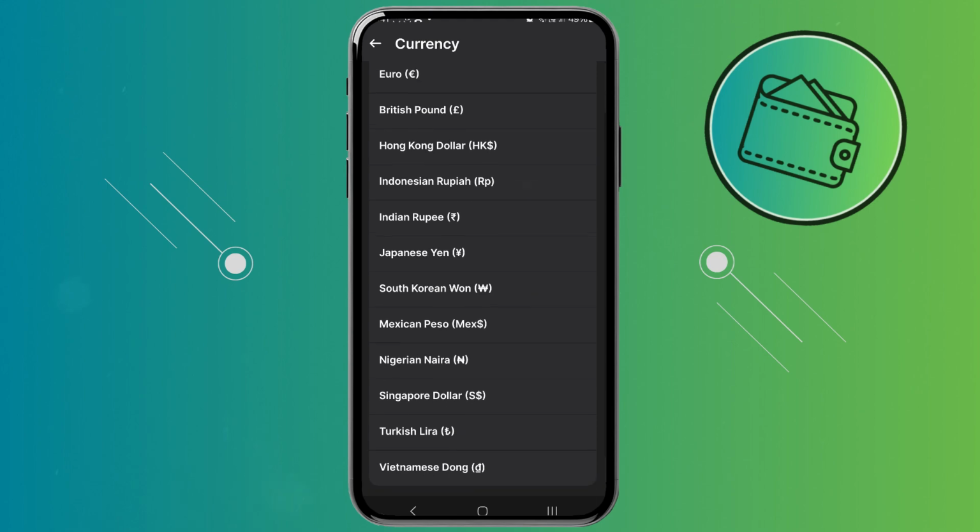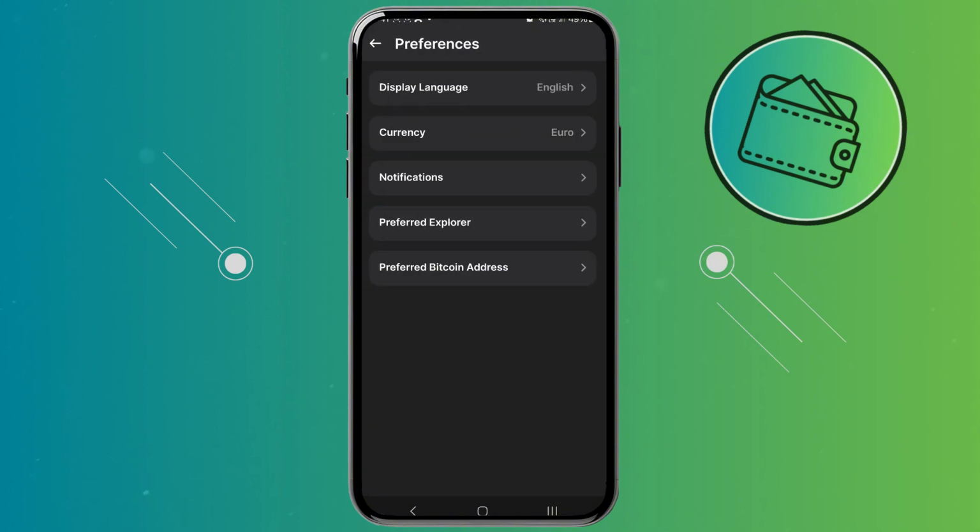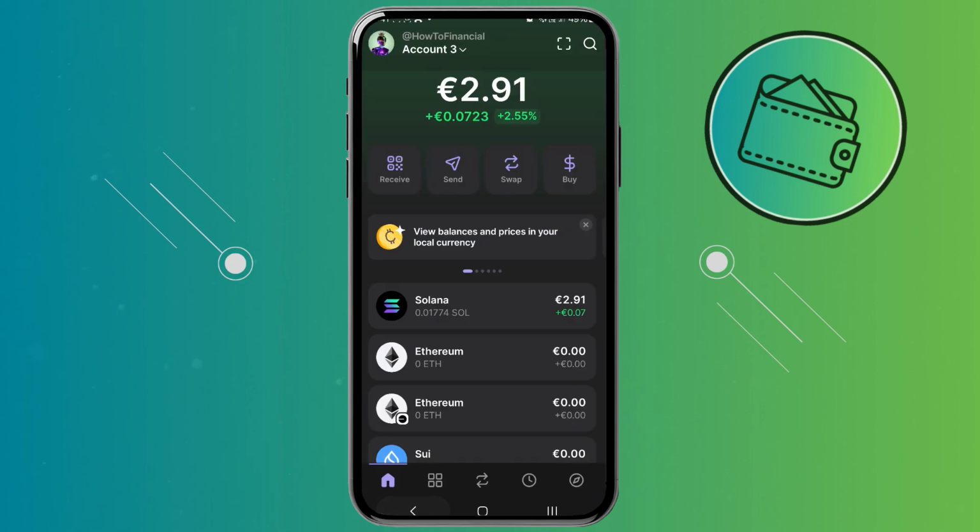And here you can see all the currencies that Phantom wallet supports. So I will select euros as we mentioned. And now your currency is set to euros. So let's go ahead and check how it looks. And there we go. Now, as you can see, the euros are displayed right here and recalculated from dollars to